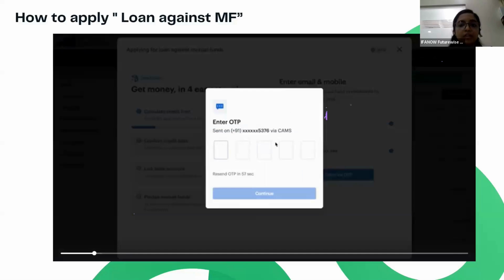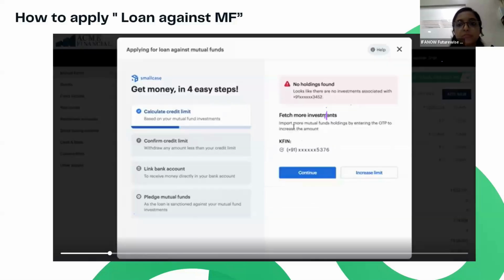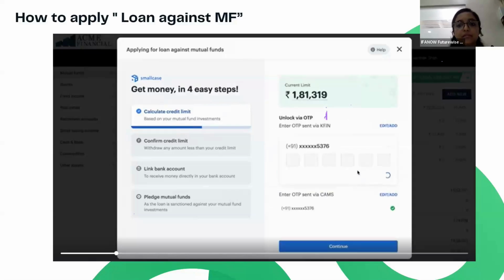Here you will receive an OTP from your CAMS. So yes, the holdings will be fetched from both of the RTAs, CAMS and KFintech. As we can see, you just have to input your OTP. If there is a holding in your CAMS, then it will show. If there is no holding in your CAMS, then you can click on increase limit. And from your KFintech also, you will have to input an OTP